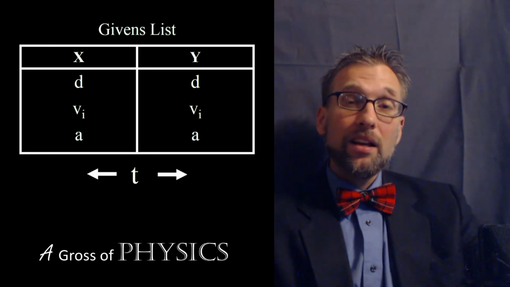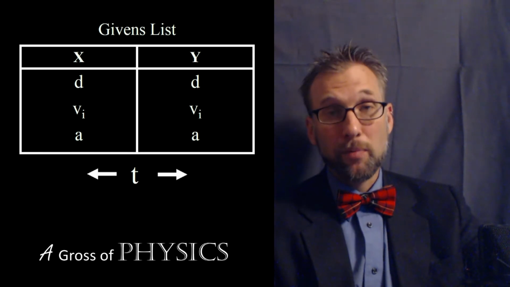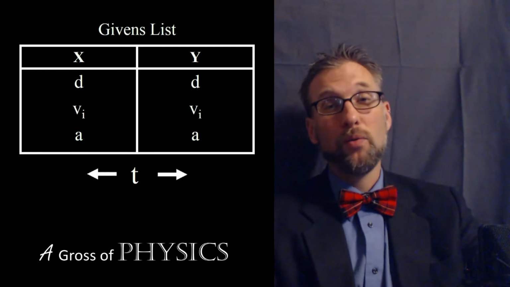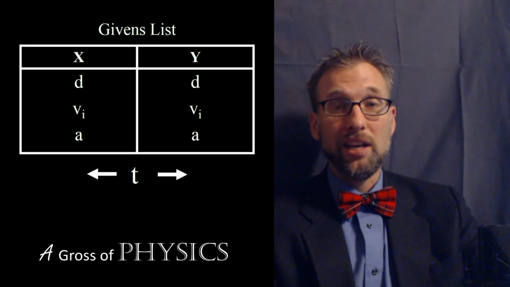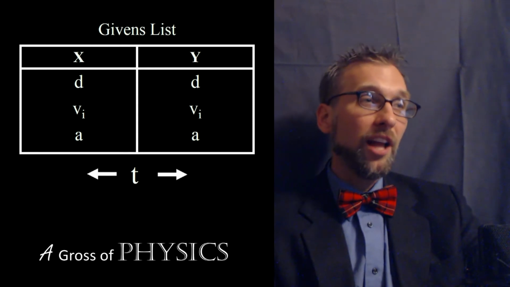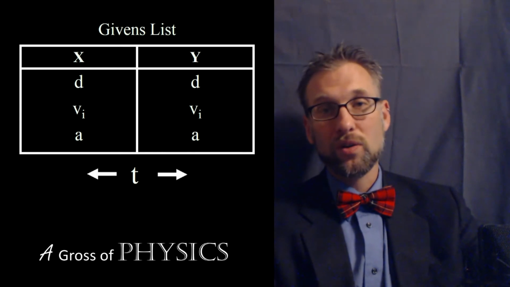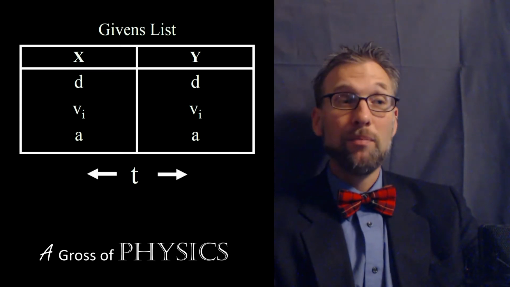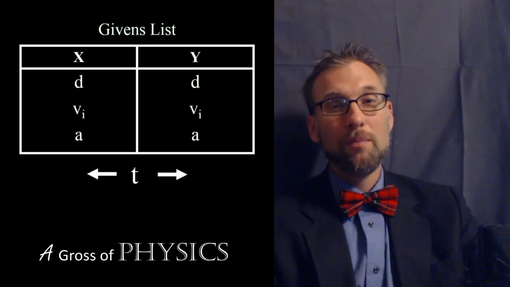That being said, the chart is the most important thing that I've found to keep our units and our variables separated. We don't want x's mixing with y's. The only variable that can jump to both sides is t. So maybe we could think of the x and y variables as an elementary school dance. All the boys are on one side of the dance, all the girls are on the other side. T might be the teacher who is trying to get people to mingle, trying to get people to interact